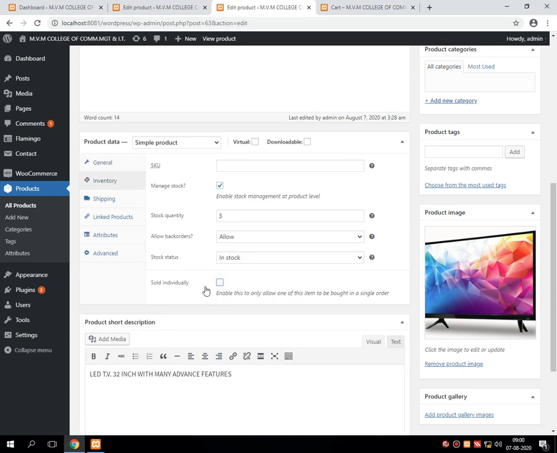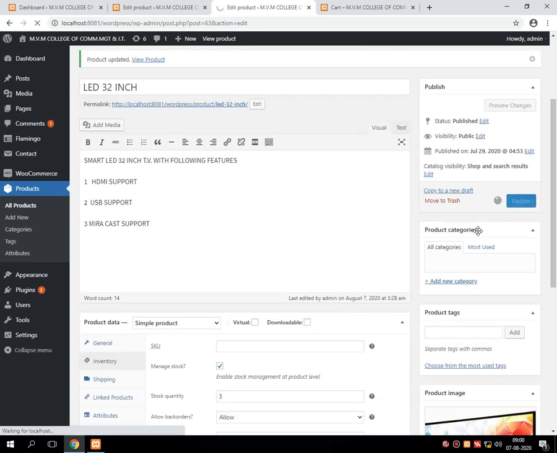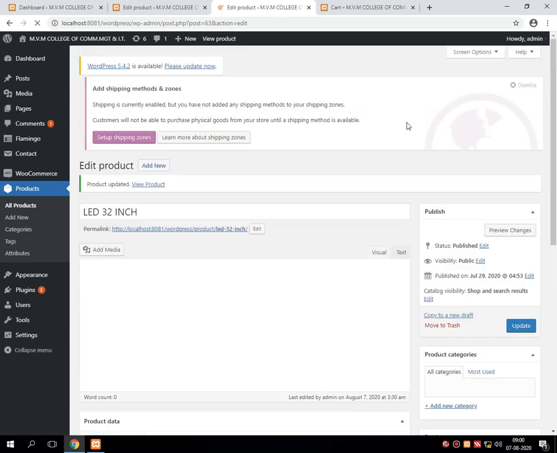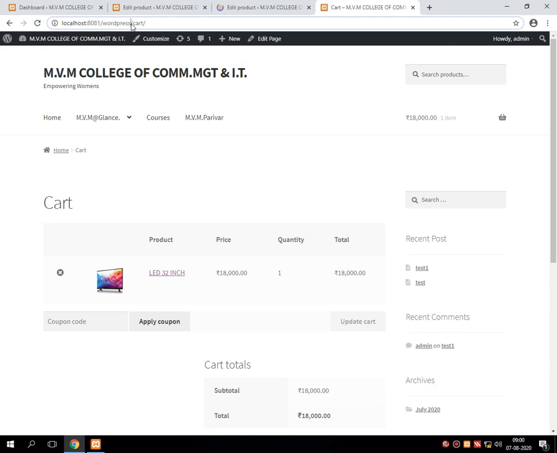Now what I am doing is going into the inventory. I am removing the last checkbox, sold individually, and I am updating the system. Once the system gets updated successfully, I am refreshing the shop side.